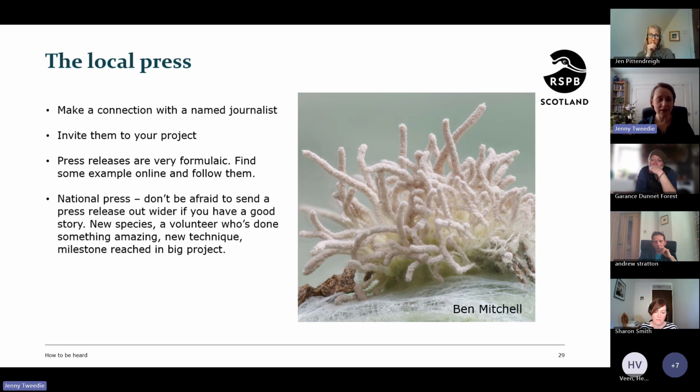So this picture, for example, I don't know if you've seen it in the press recently, is our zombie spider fungus that was found at one of the rainforest projects by a volunteer. They've got an amazing project there where volunteers go out into the rainforest to find species and catalogue what's there, because no one's done this since the 1980s. And they've been coming up with the most incredible stuff. They've got a volunteer called Ben who's just taken some fantastic pictures. And there is actually a spider underneath that fungus.